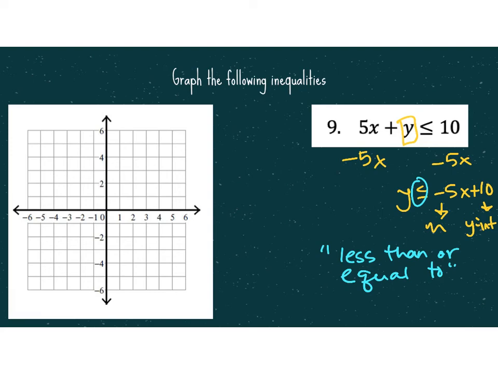Okay, that means I am going to have a solid line because I am including the values, and I'm going to shade below because I want values that are less than the line. Solid line and shade below. All right, so